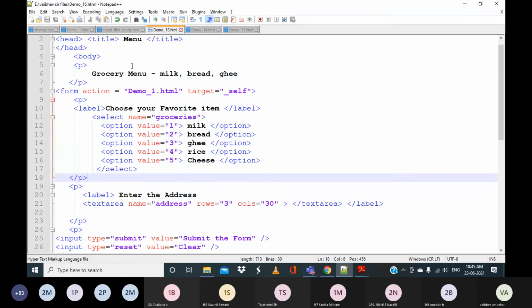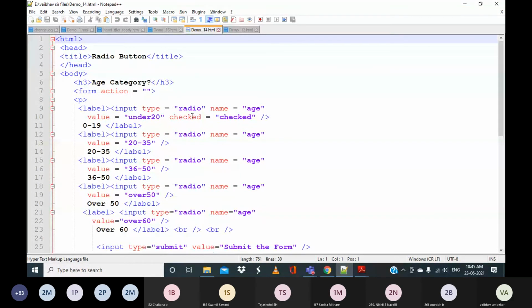For every input tag, or these checkboxes and radio buttons that we have discussed, there are basic attributes you have to specify, that is the type, whether it is a text box, a radio button, or a checkbox and so on. Then there is another attribute called name, and id, which we can take later, but at minimum every input tag like text box, radio button or checkbox will have the attribute name. For radio buttons and checkboxes we have a special attribute called checked. And then we have another attribute called value.